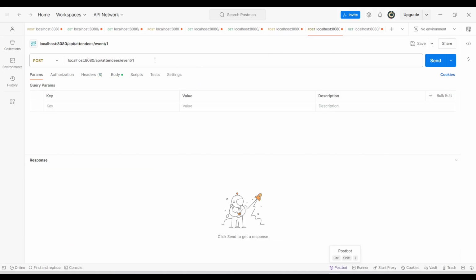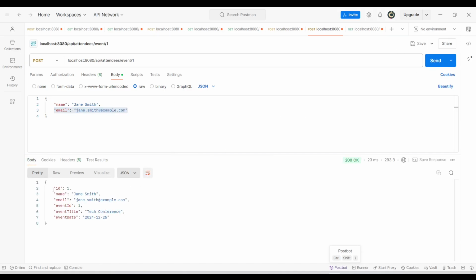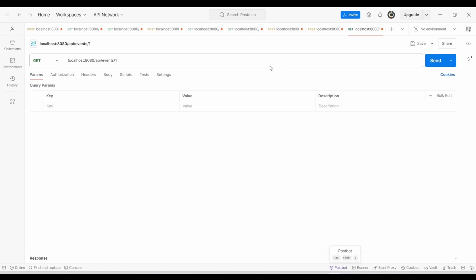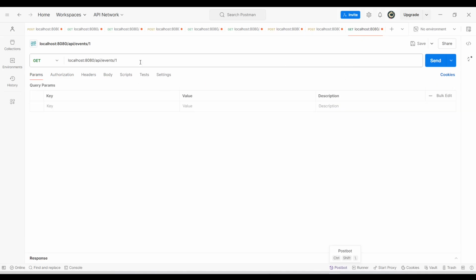Now we have the attendee POST here, so we have name and then email. When I click send, I get ID, name, email, then the event details, like which event this attendee has to attend. Now if I try to get the event, which I was showing you here, we are seeing all the events, not just one. This is to fetch just one event. So when I click send,